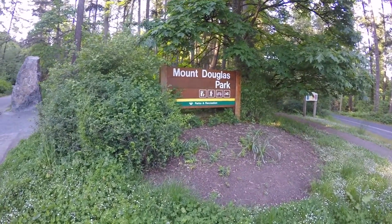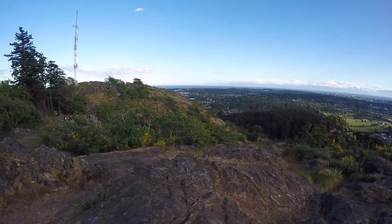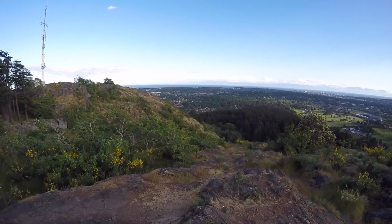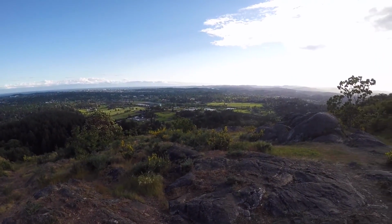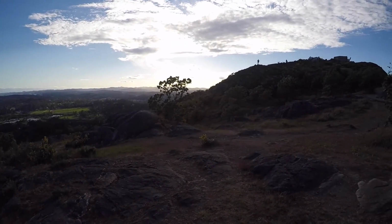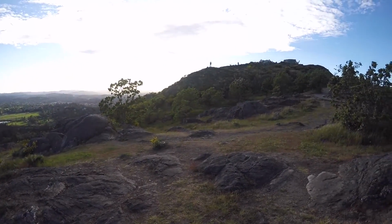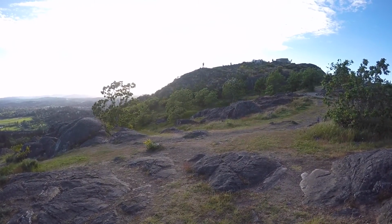Coming to Victoria, British Columbia, don't miss a visit to Mount Doug. At 213 meters, or 700 feet high, Mount Doug is the most prominent land feature in the Victoria area and is clearly visible from all parts of the city. Just a 15-minute motorcycle or scooter ride from downtown Victoria, Mount Douglas Park is the largest and most impressive park